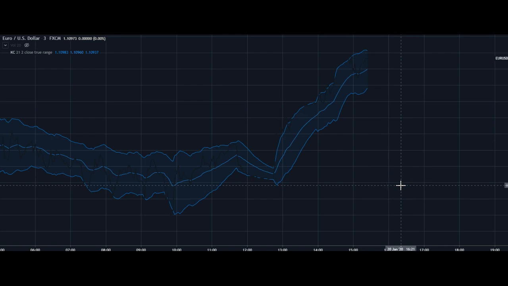Okay, so like I said, the middle band is the moving period, and the default is 21, and we're going to leave it at that. The upper band is an average true range, which measures volatility, and the lower band is an average true range as well, and it measures